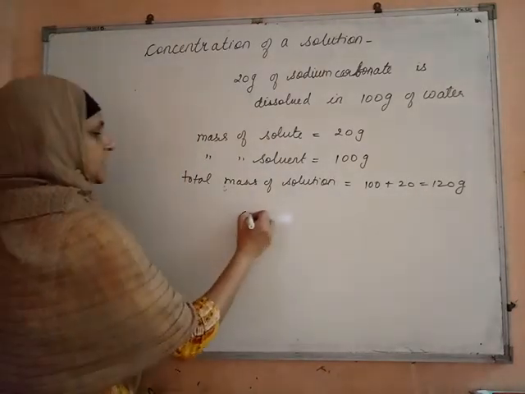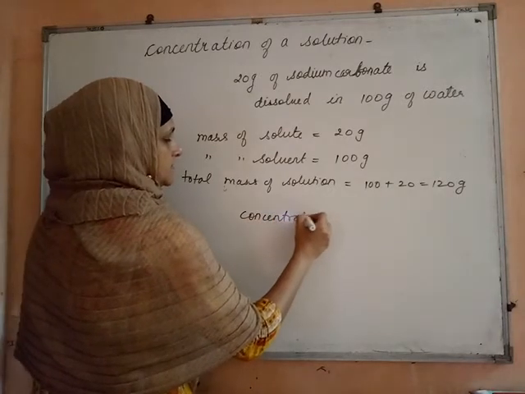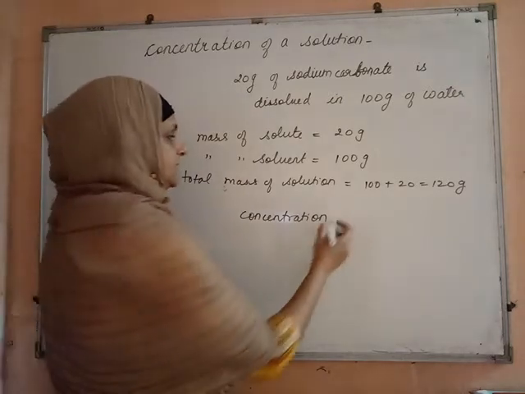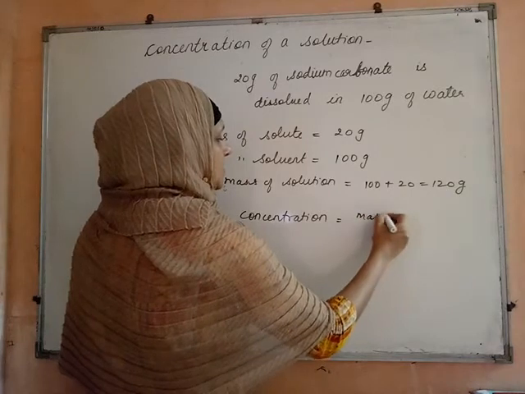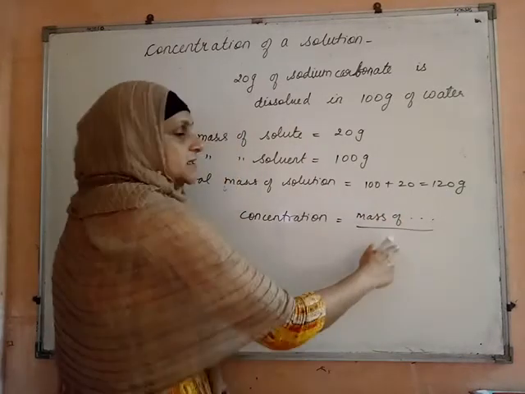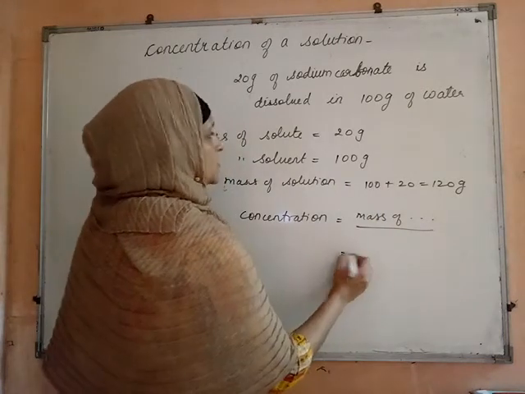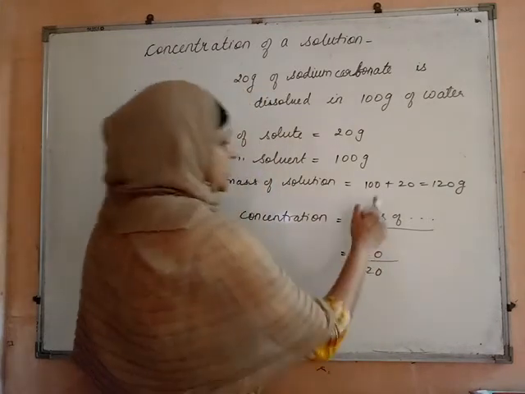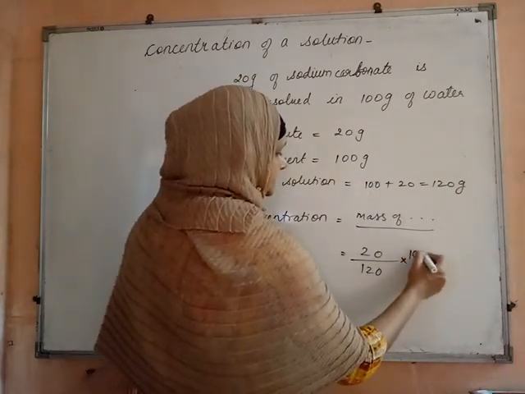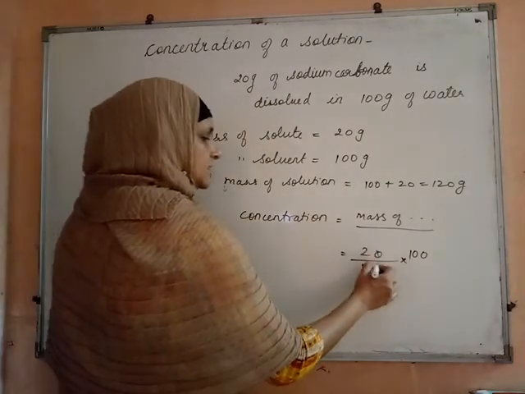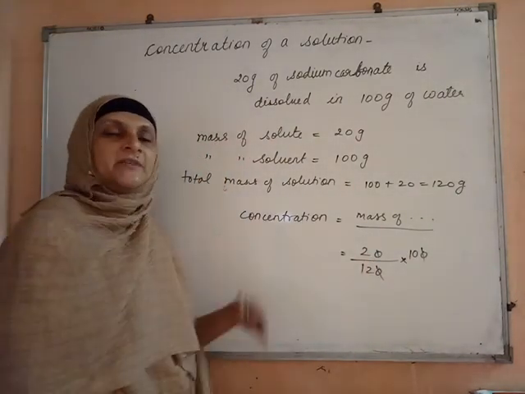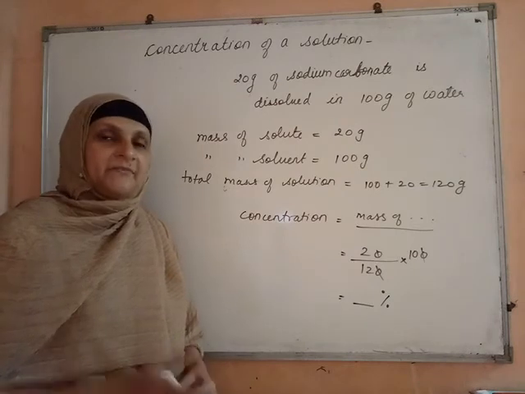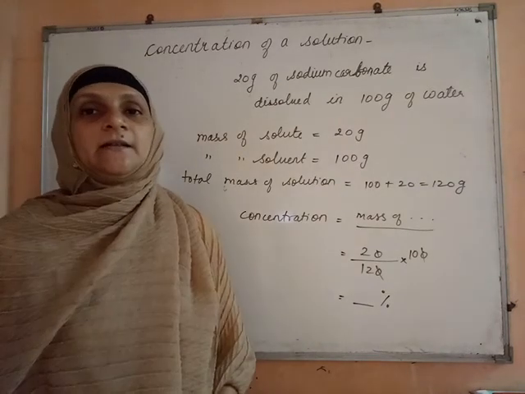So now coming to the formula, concentration. Here it is given in grams, which means obviously we are going to find the mass by mass percentage. So write the formula: mass of solute upon total mass of solution multiplied by 100. So solute is 20. No need to write down the units in calculation steps. Upon 120, total mass here, into 100. This way, and then you have to do the calculation. Generally the answer comes in points only. You have to do division and you can get the answer in points, and percentage is the unit. Concentration is always expressed in percentage.